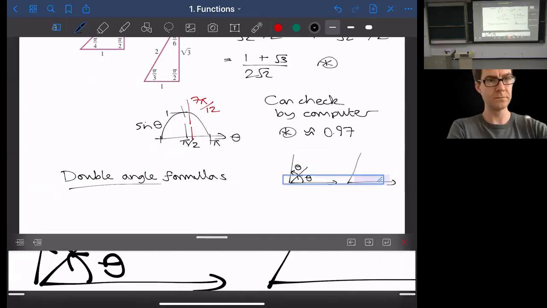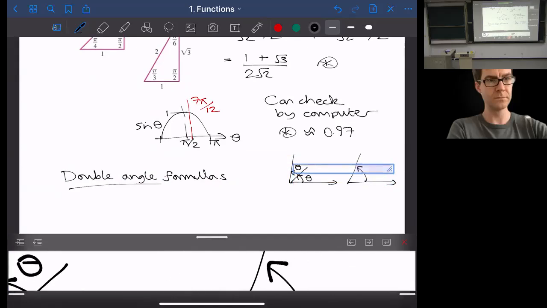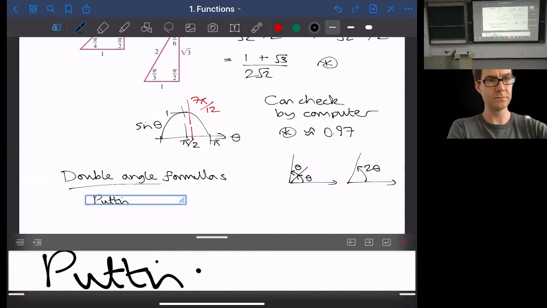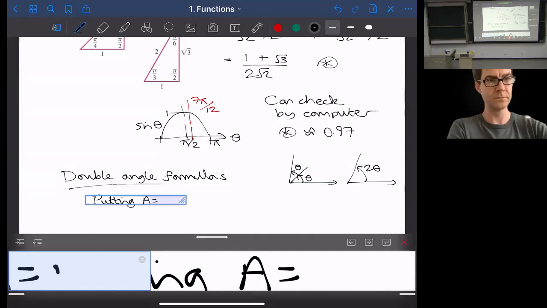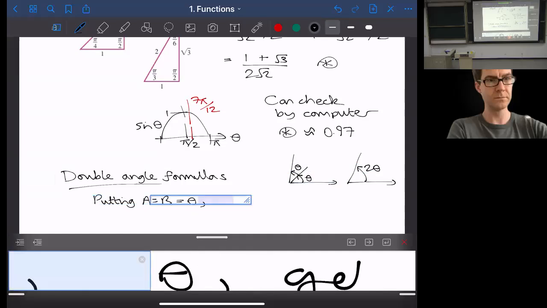So same as the combined angle 2 theta. And then if I put A equals B equals theta, I get